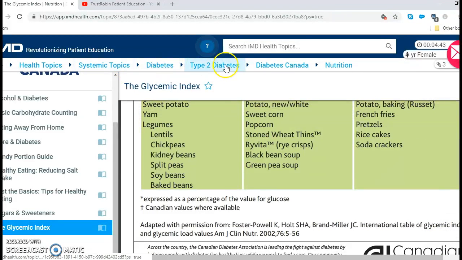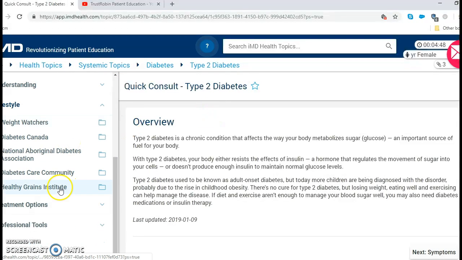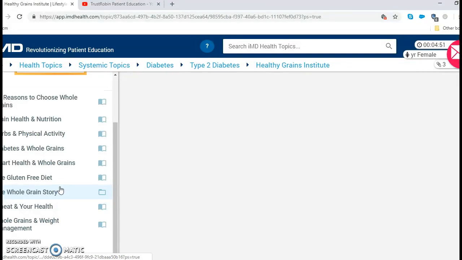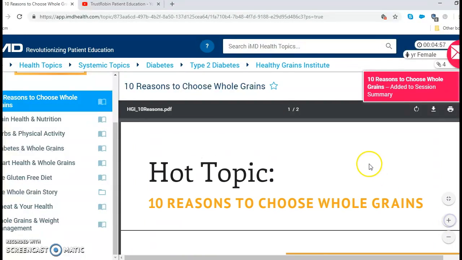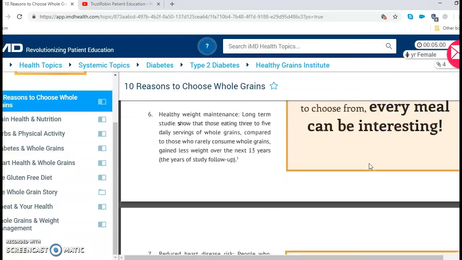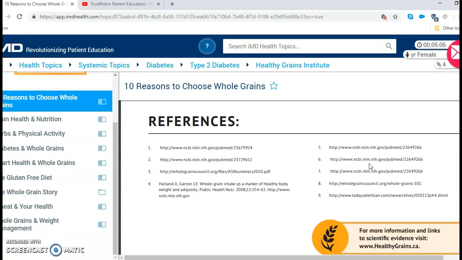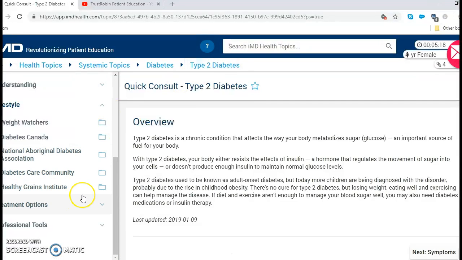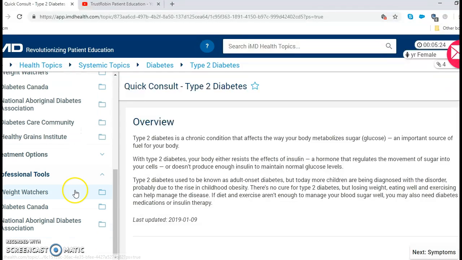Now I'm going to go back to the type 2 diabetes overview again, and I'm going to choose the Healthy Grains Institute, because I've looked at this and I think it has wonderful information, as well as being beautifully produced and in real consumer-friendly, everyday language, along with some other websites that they can look up. We're going to go back then to type 2 diabetes. I'm showing you this so that you can tell that the navigation is very easy. Looking then at professional tools, going again